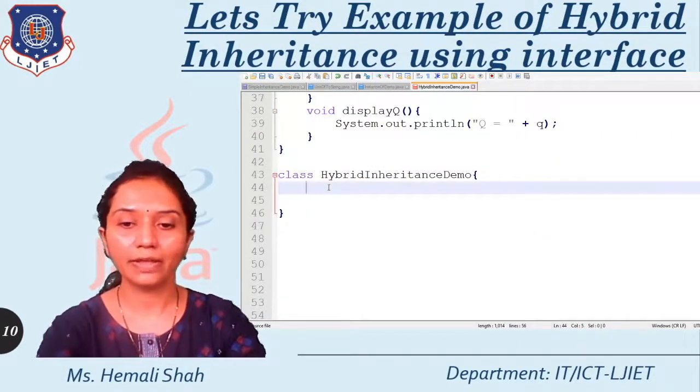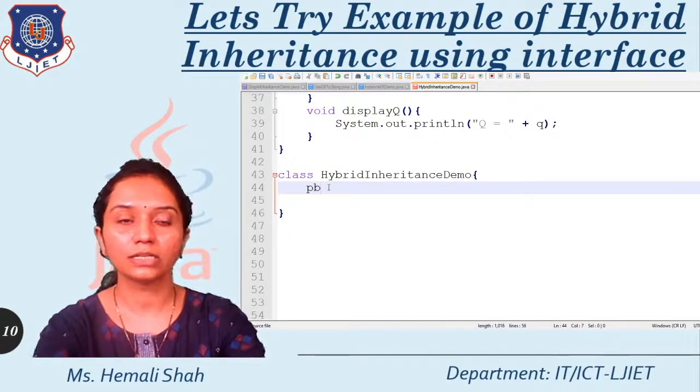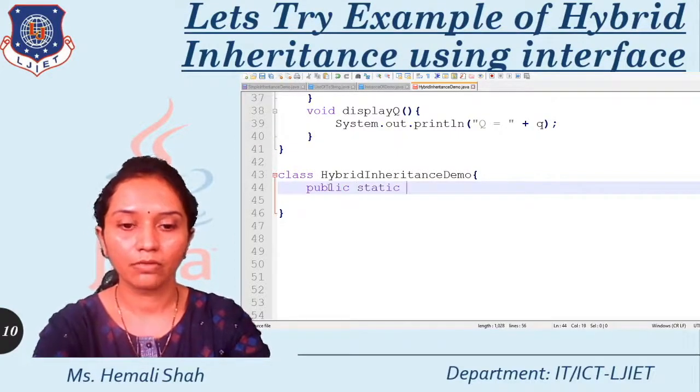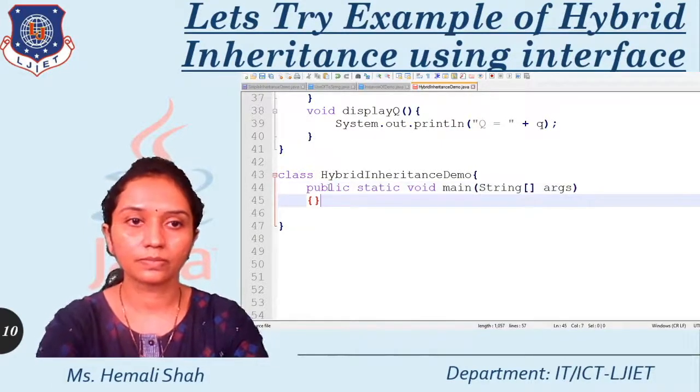Now as per the definition, we have to demonstrate all the function calls. So first of all we have to make this public static void main function, and inside this create the String arguments variable.